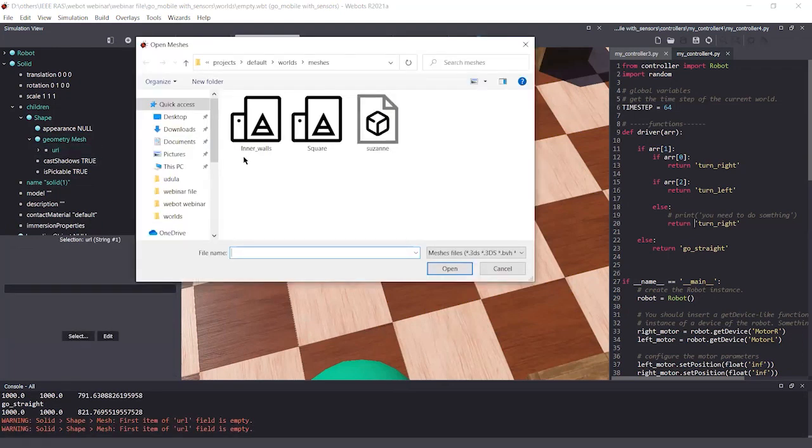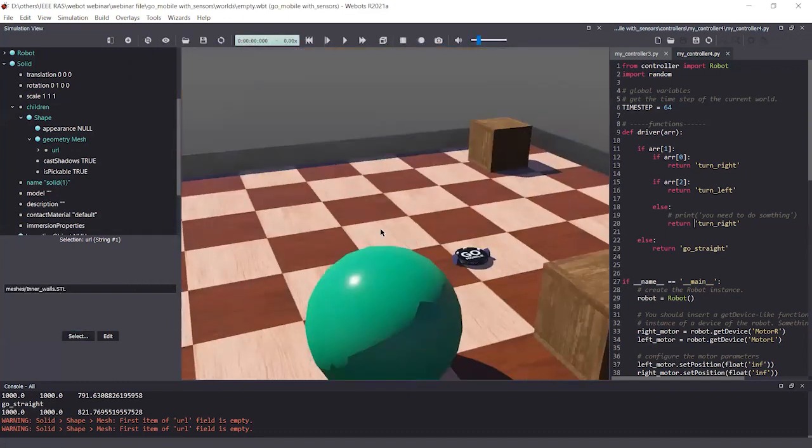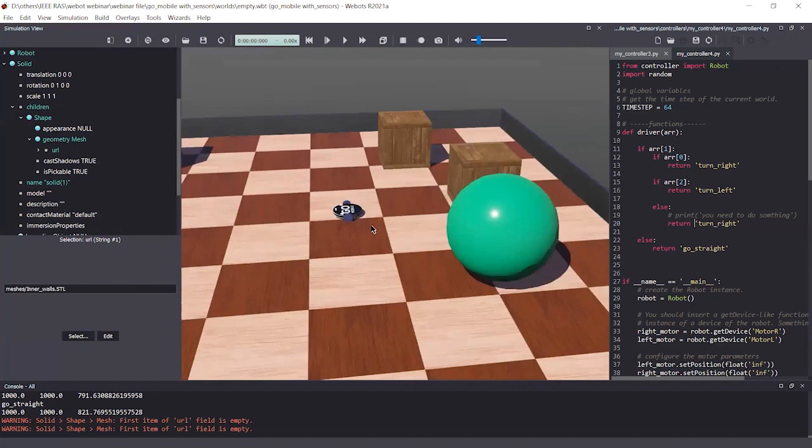So now I have three things. This is my default file path. In my default file path, I have inner walls, scars, and this is the monkey's face. So I'm going to add this inner wall. Open. Now you can see the inner wall there.